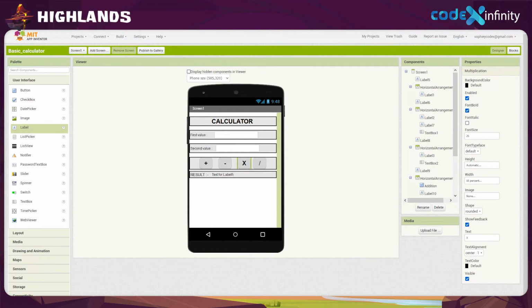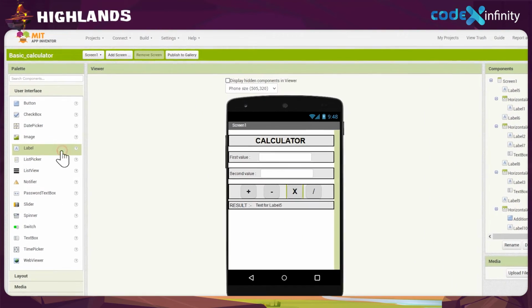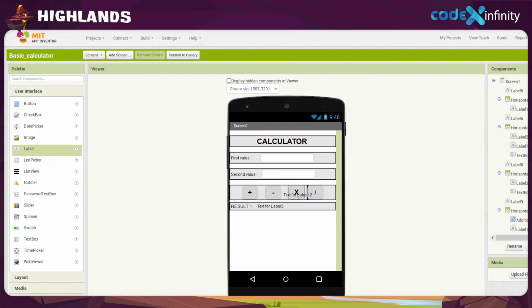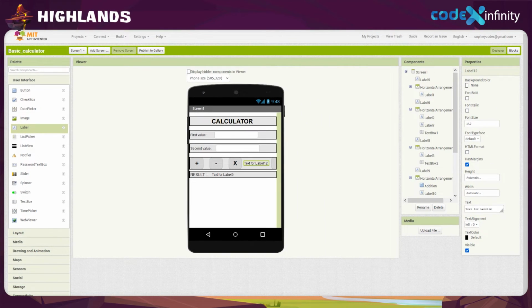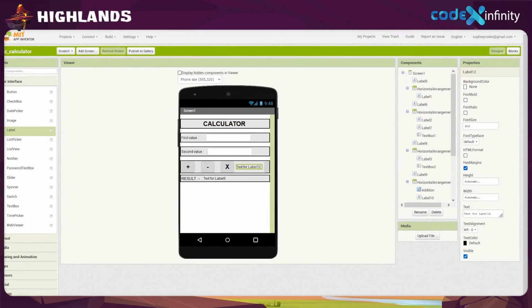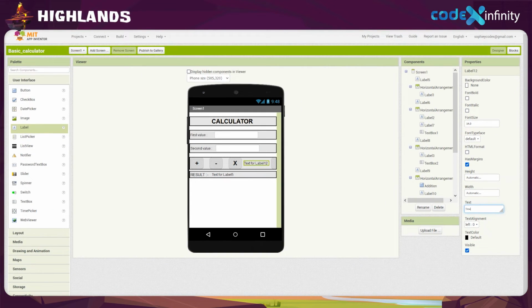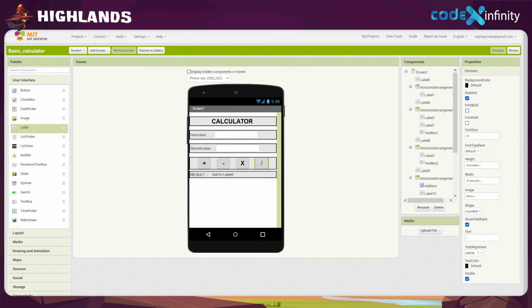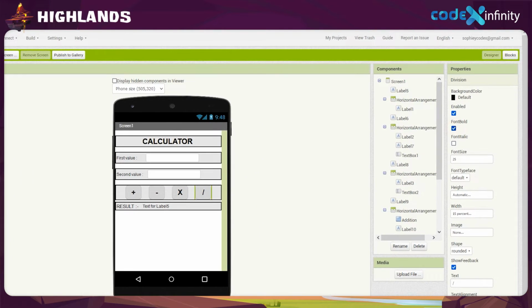Let's move on to spacing. Click on the label option from the palette tab and drag it to place it between the multiplication button and the division button. Now take the text option, then select and remove the text. We have one more button, right? The division button. So click on it and make the font bold by ticking on the font bold option in